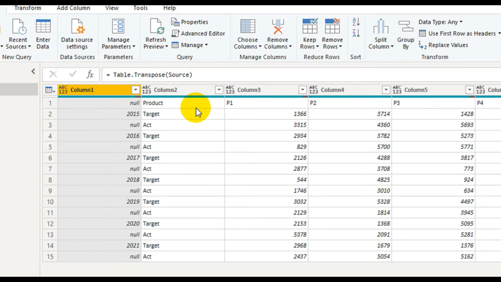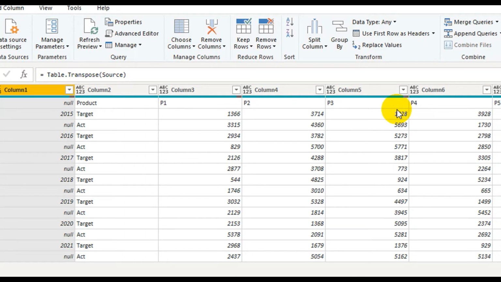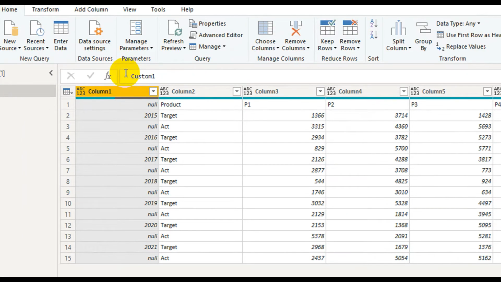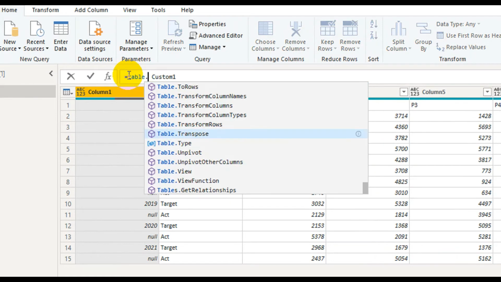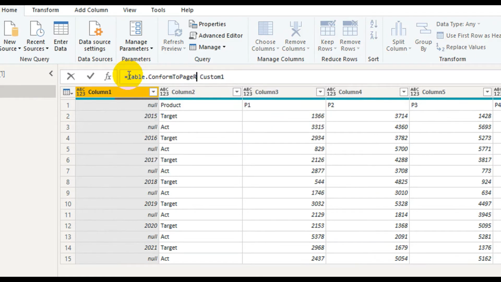Anyway, we need to clean the heading, and the data is coming like this. Now I need to promote the column headers. For that, again, the next step, it is the fourth step, Table.PromoteHeaders.